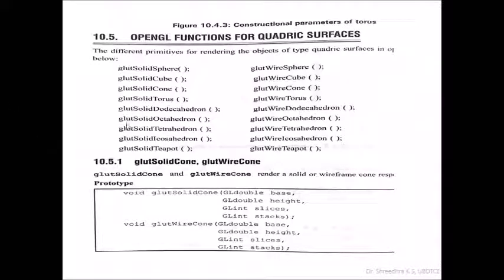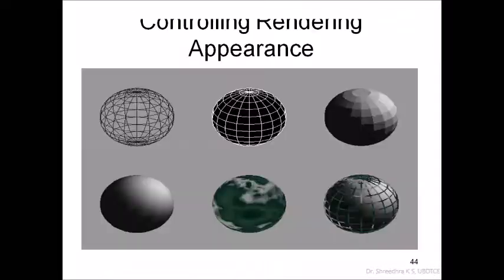Whenever the wireframe model is given, only the transparency effect will be there. Even the background we can also observe. So these are all wireframe support. One example is glutSolidCone. It is supported with four parameters: base, height, slices, stacks. Horizontal and vertical slices and stacks make the cone shape be created on the computer screen. In the wireframe API also it is the same thing, but only the lines are joined; it is not filled up. So this is an example to demonstrate.